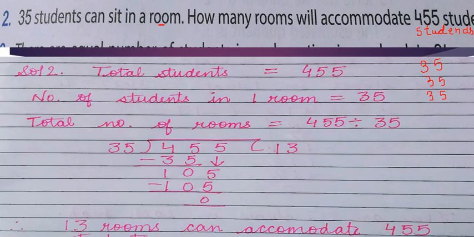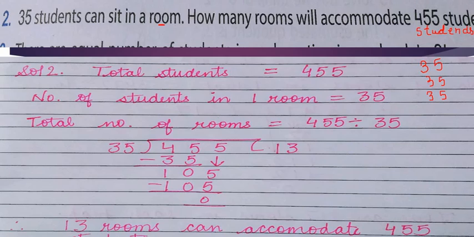You are just distributing the students, you are doing it like this, right? So what does distribution mean? Equal distribution. And definitely we are distributing students in each class equally. That means in one room 35, in another room also 35, in the third room also 35, right? Equal distribution. And we know equal distribution means division. Okay, so this is how you can frame the statement.